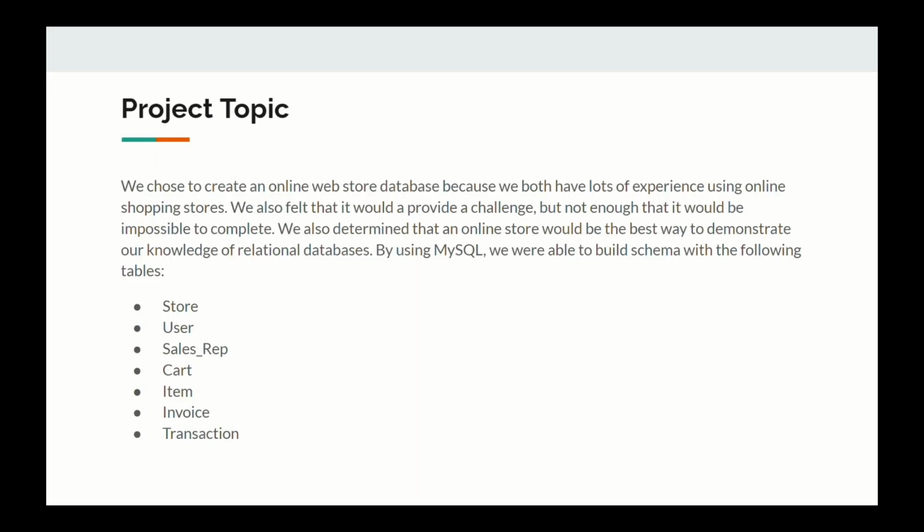So the project topic: we chose to create an online web store database because we both have lots of experience using online shopping stores. We also felt that it would provide a challenge, but not enough that it would be impossible to complete. This comes from both of our backgrounds being in information technology and dealing with a huge database regarding retail and just purchasing through customer and company relationships, being able to know and understand what our company needs in terms of data analytics, etc. We also determined that an online store would be the best way to demonstrate our knowledge of